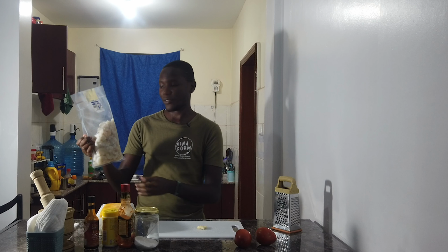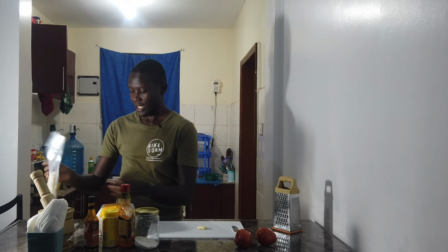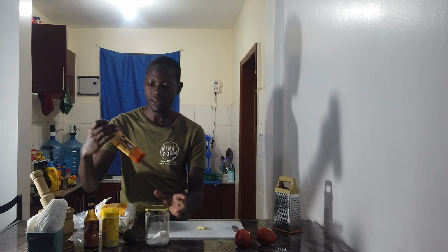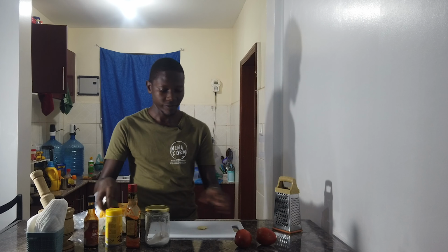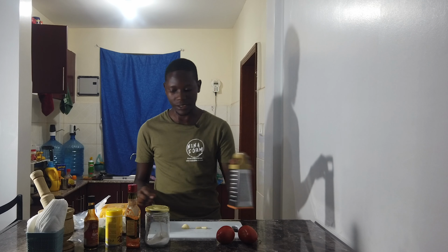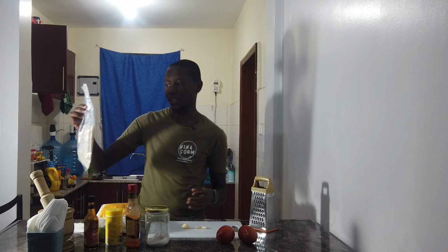So we got the prawns from Carrefour. Depends on how much you've grown, that's when you'll say Carrefour. And yeah, that's it. On the table here, it's salt, some chili, garam masala for spice, and there's some soya, lemon, tomatoes, garlic. I'm going to grate some of these. So we're going to cook the prawns in two ways. This is half, and it costs